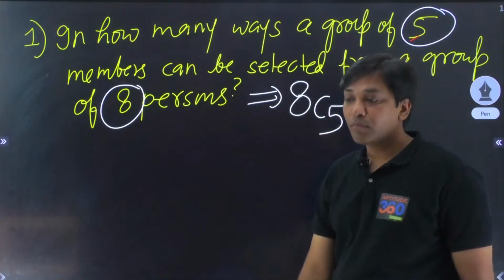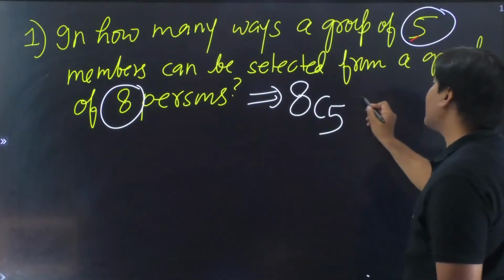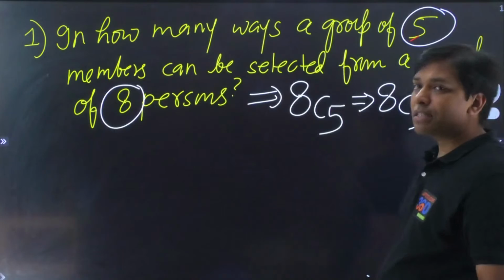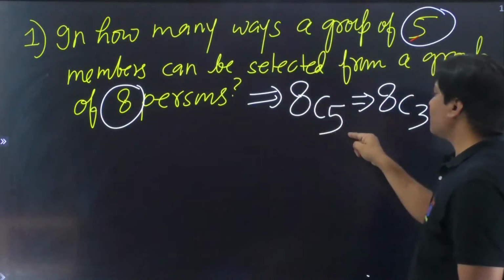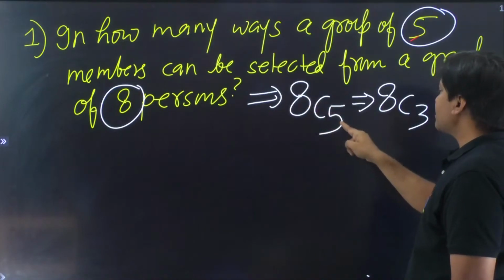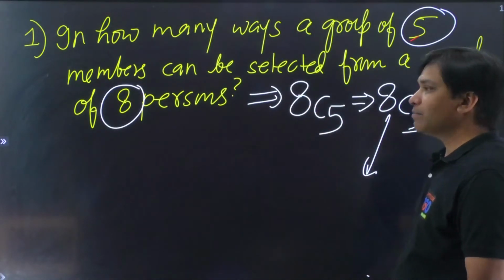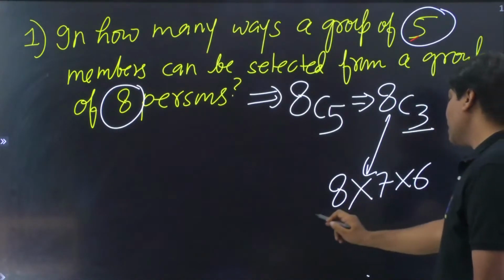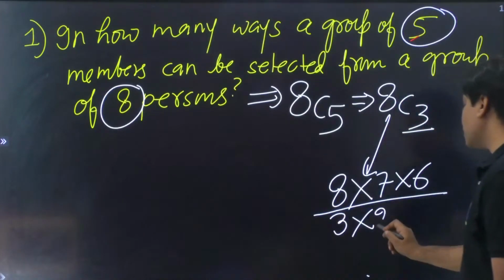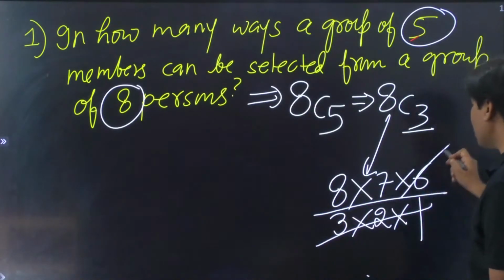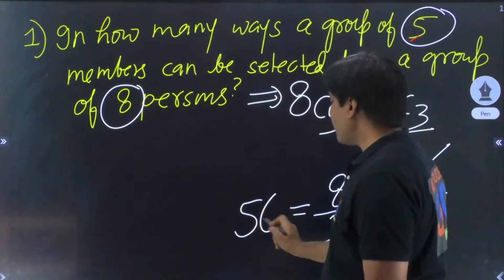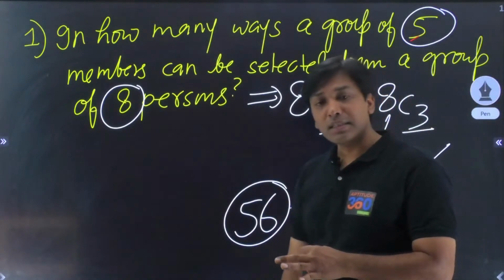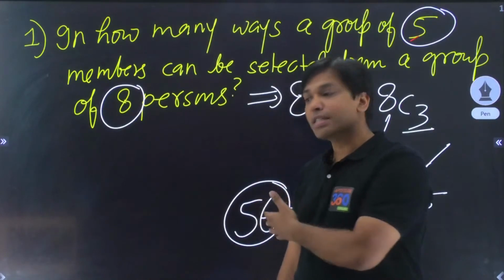8C5, right? And how do we simplify 8C5? By doing this. 8C5 निकालना है तो आप क्या कर दो, 8C3 निकाल दो. You have learned that NCX is equal to NCY. So 8C5 can also be 8C, 8 minus 5, which is 3. And that is 8 into 7 into 6 divided by 3 into 2 into 1. So this is 8 7 56. In how many ways a group of 5 members can be selected out of 8 persons? This can be done in 56 ways,